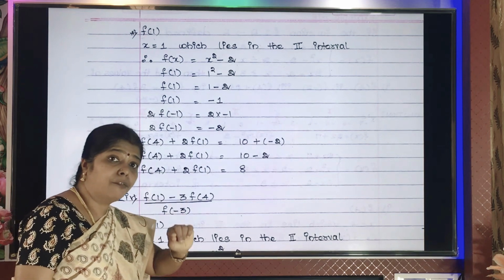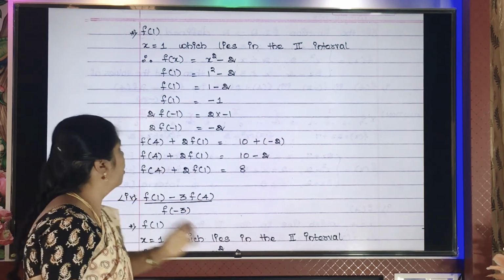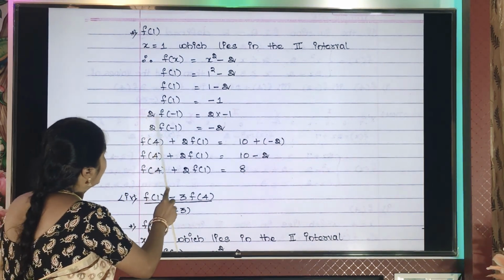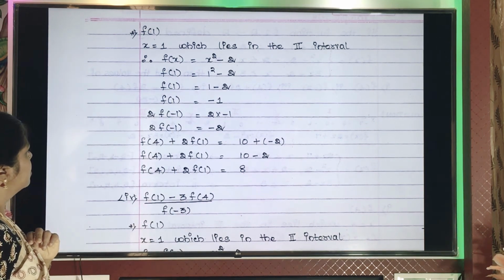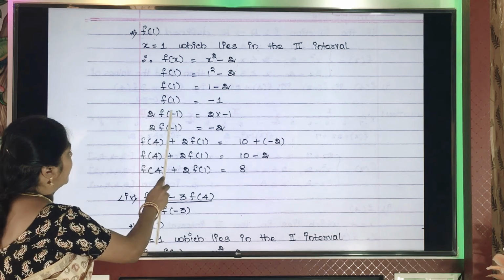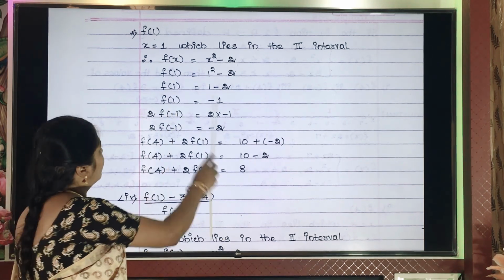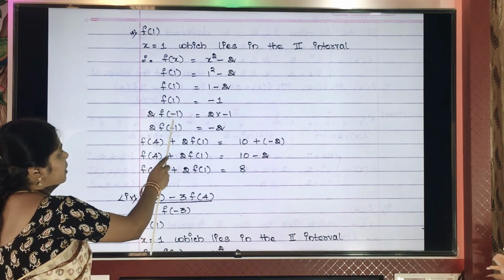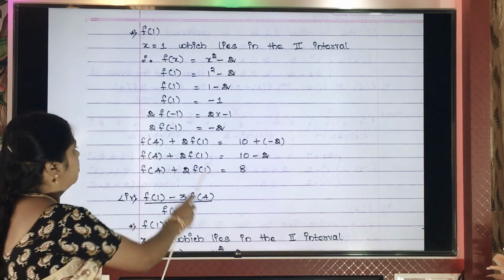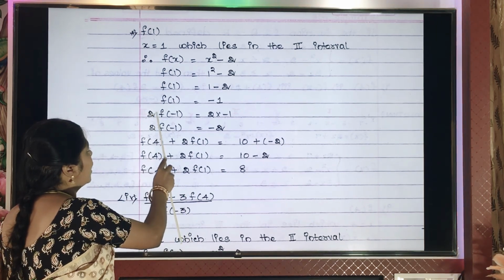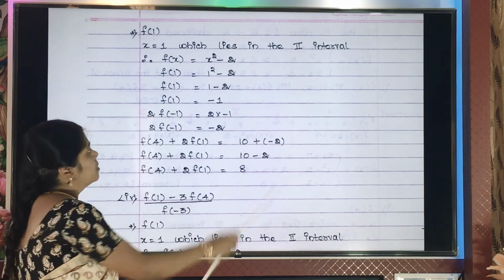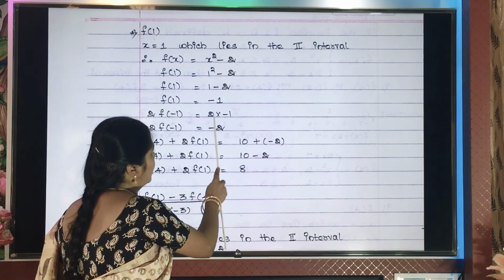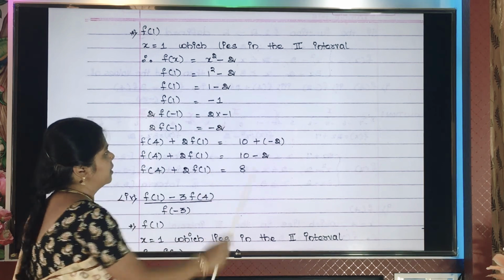So now you have found out f of 4 and f of 1. But what is the question asked? It is f of 4 plus 2 into f of 1 we want. So f of 1 we know it is minus 1. Please note here, this is not minus, children, this is plus. Writing mistake, please pardon me. This is 2 into f of 1 plus 1. So we know that f of 1 is minus 1. So 2 into f of 1 means what? 2 into minus 1, which is minus 2.